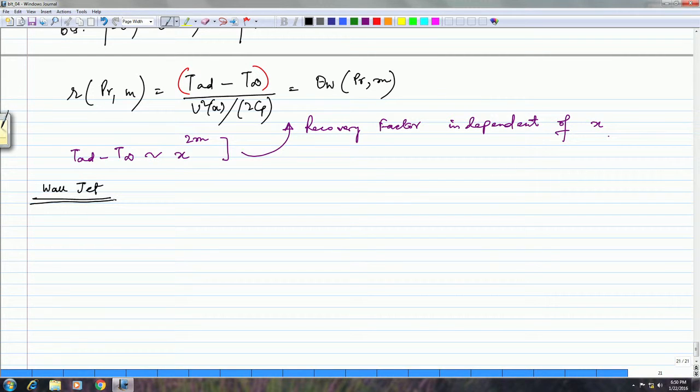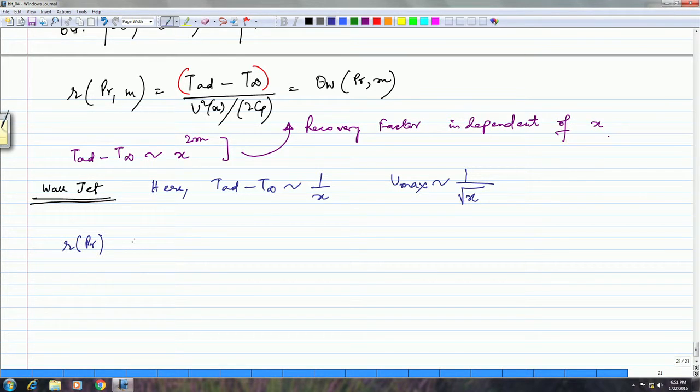Okay, so here, in the wall jet, it's actually proportional to the inverse of x, and U max is proportional to the inverse of root x. Therefore,